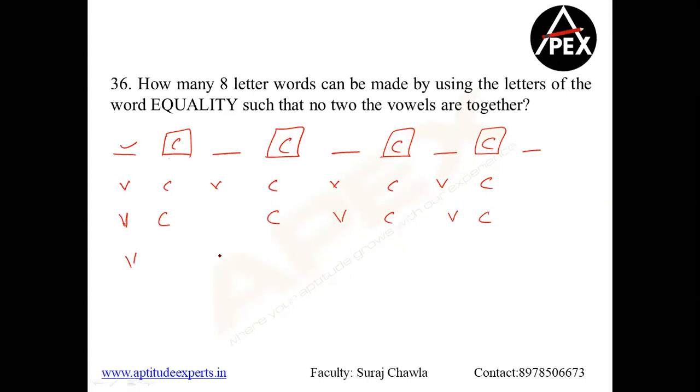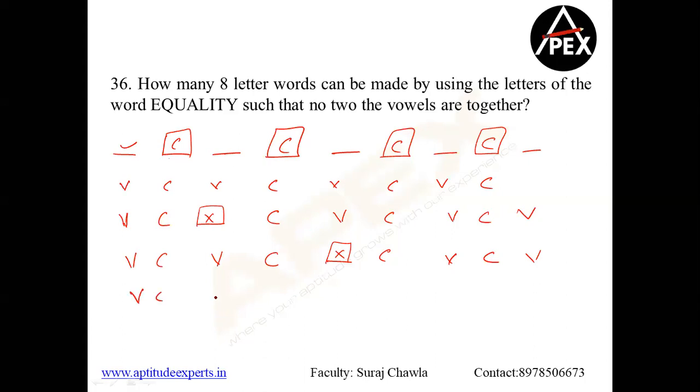Now I can also take one more case. V, C, V, C. I'm just putting a cross, okay? Now I'm ignoring this place. C, V, C. And then we have one more vowel, yeah, one more vowel can come here. So now are any vowels together? So I put 4 only. Sorry, this is here. Clear now? So again, no 2 vowels are together.